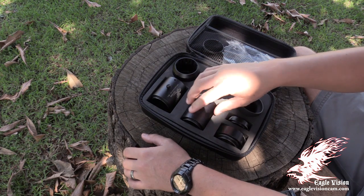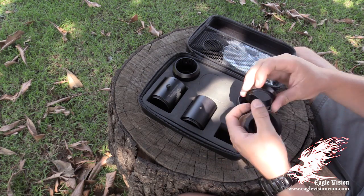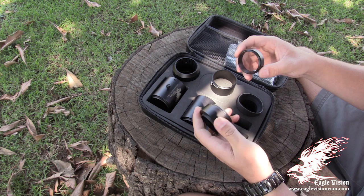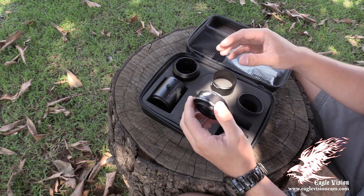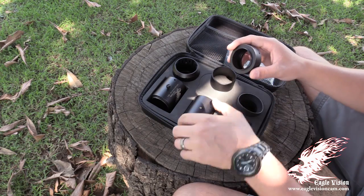Moving along with that, we have some rings that come with the package. Now I already put mine together to work with my Casio EX-ZR. I'm not going to take it apart because it took me a very long time to get it at the right distance. Now what these rings are for is basically